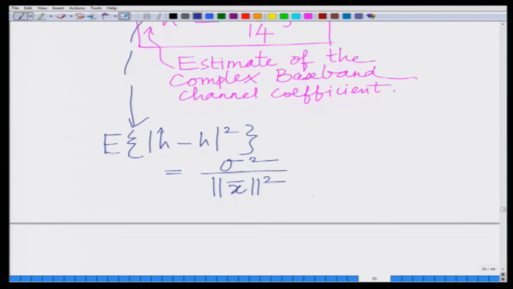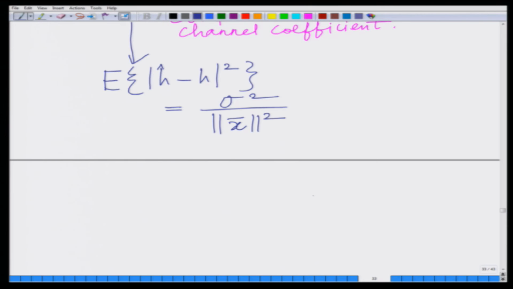It has already been given that the noise variance in dB, that is 10 log 10 sigma square,